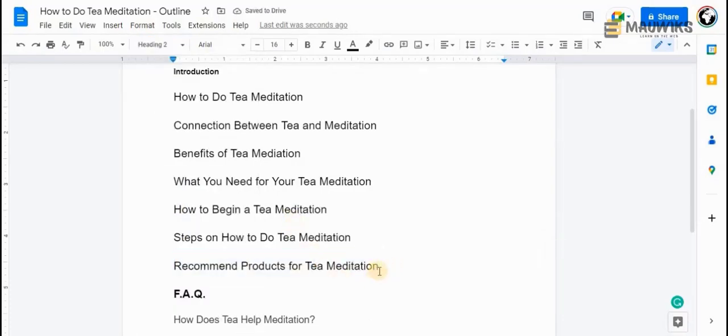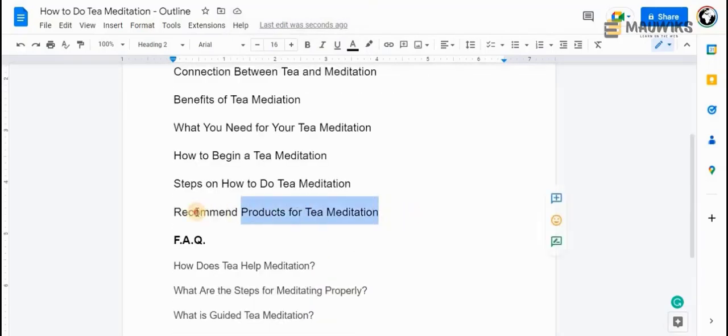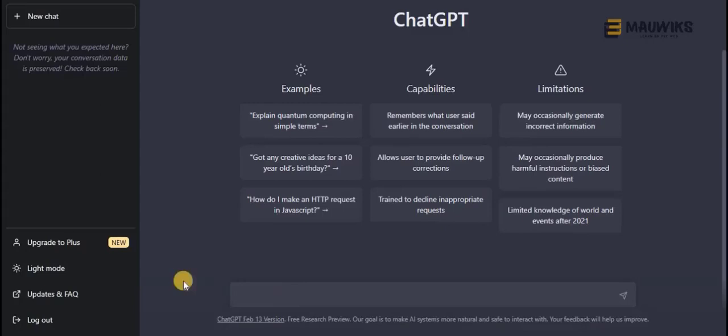So I will then add here probably a listicle or a list of products and a few paragraphs related to the product. And I can also ask ChatGPT to add additional outline or topics within the article. So let's do it. So let me open this up. So let's say generate or maybe suggest anything that is missing within my